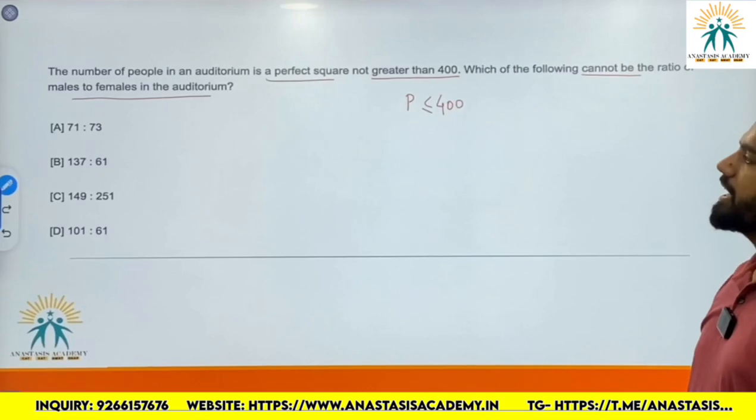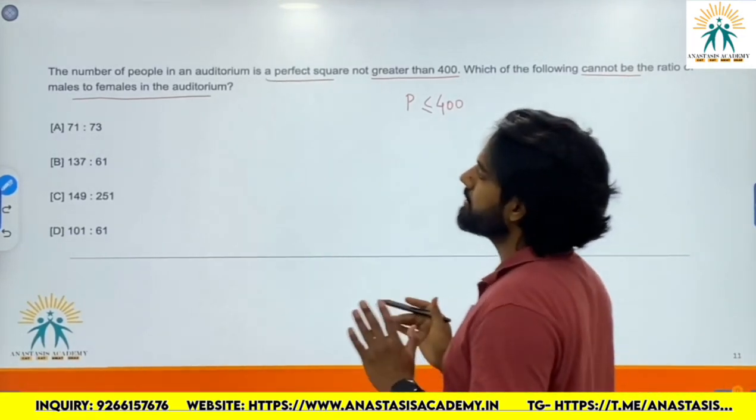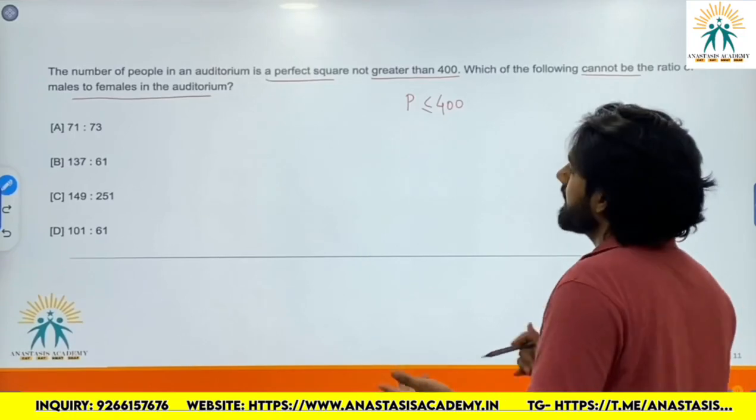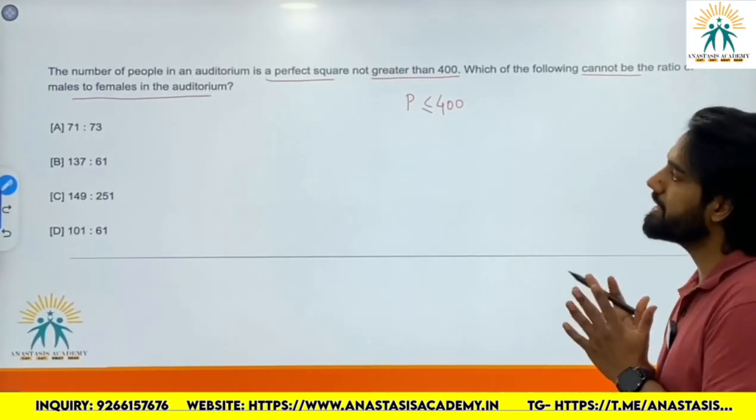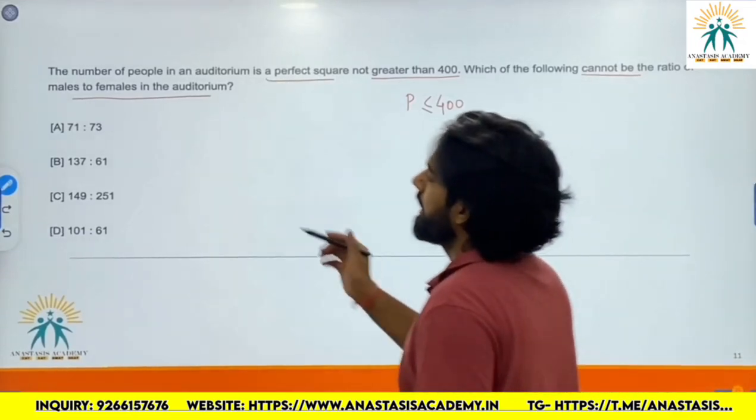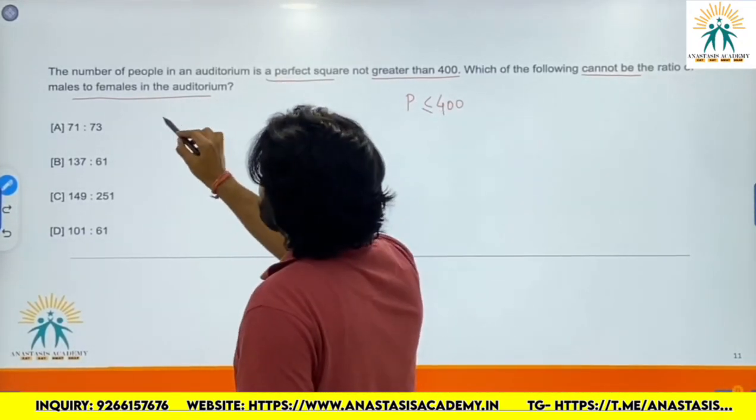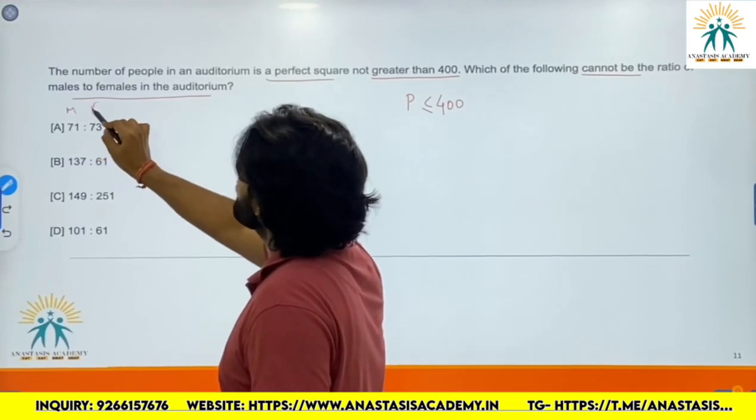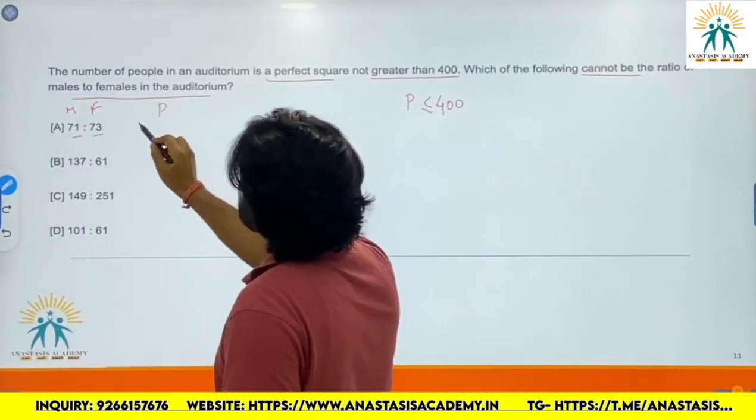Assuming that only males and females are present in this auditorium, among these options, which option cannot be the ratio of males to females in the auditorium? Now consider the options one by one. In option A, if the males to females ratio is 71:73, the total number of people would be